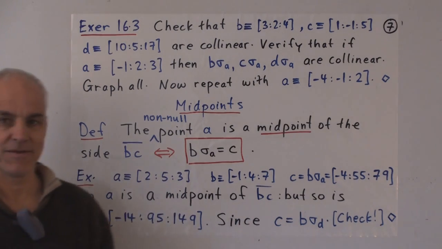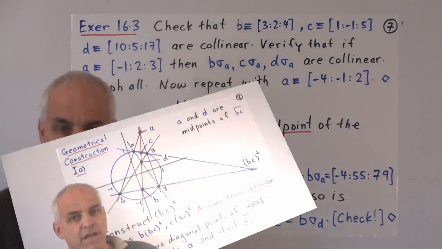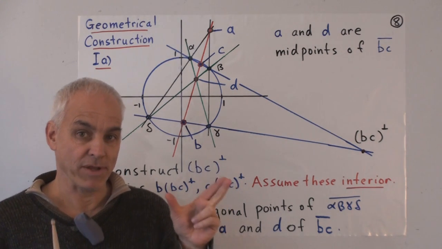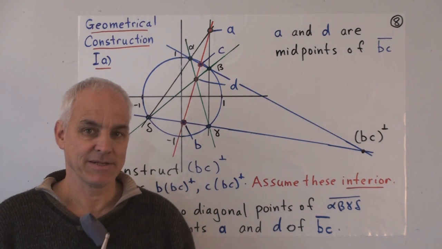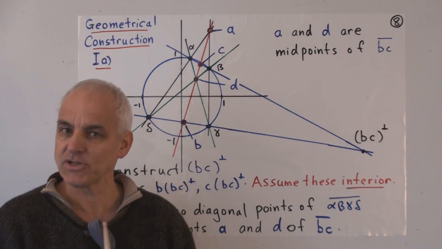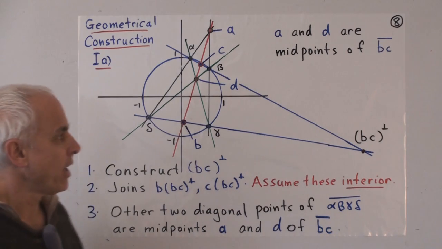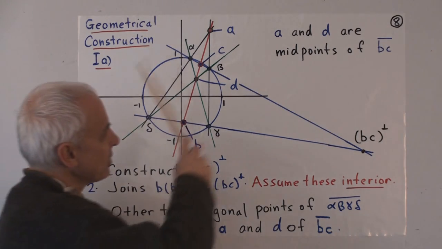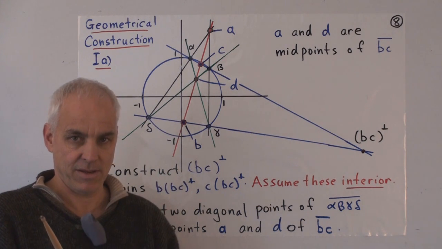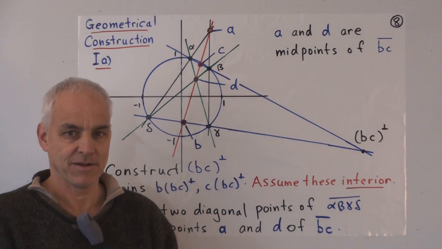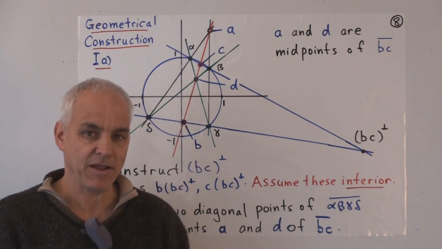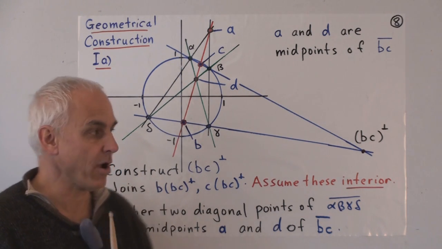You can check that that's true. Now we're going to see that to calculate the midpoint of 2 given points is a little bit subtle. It requires solving a quadratic equation. The quadratic equations are always a little bit subtle. I'm going to start by trying to get you to understand geometrically what the midpoints are and how we construct them. Okay? We'll worry about the algebraic approach to midpoints a little bit later on.